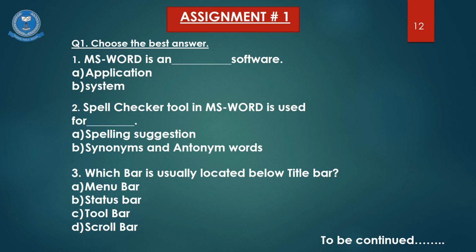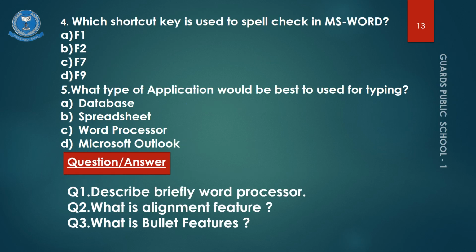Students, hope you understand lecture 1. This is your first assignment. In this we have 5 choose the best answer. You can see on the slide. You have to copy them into a foolscap sheet with the correct answer. In this slide we have 3 choose the best answer. In this slide we have 2 more choose the best answer.